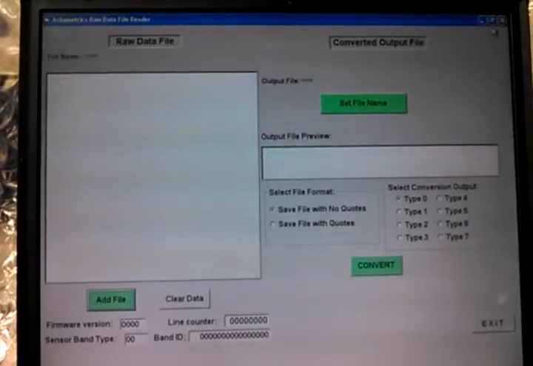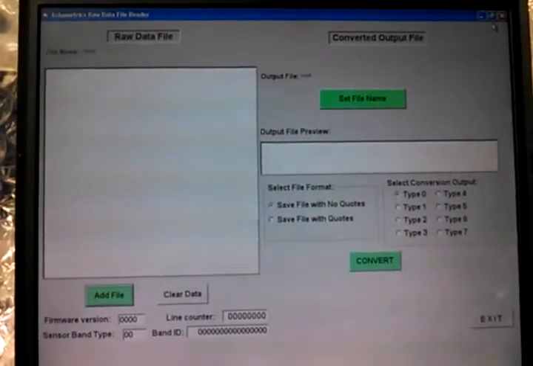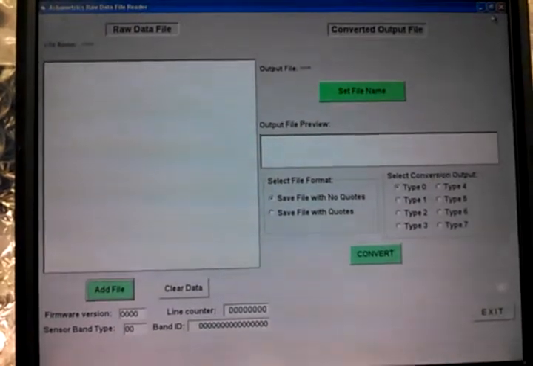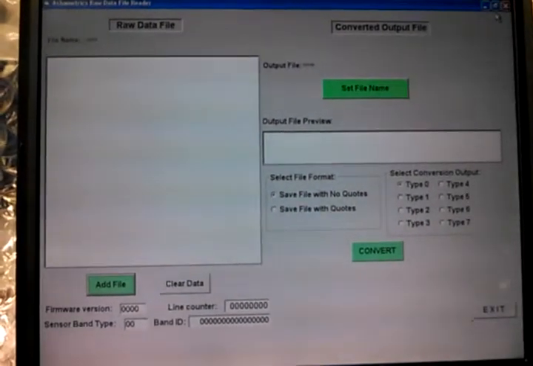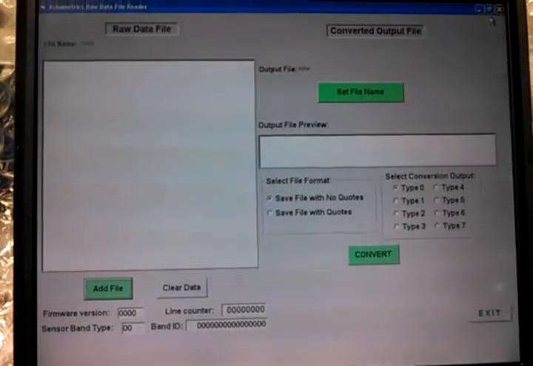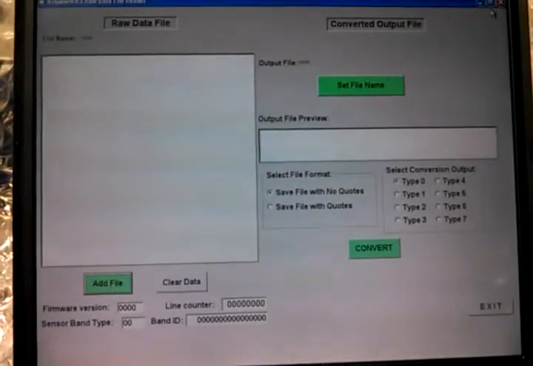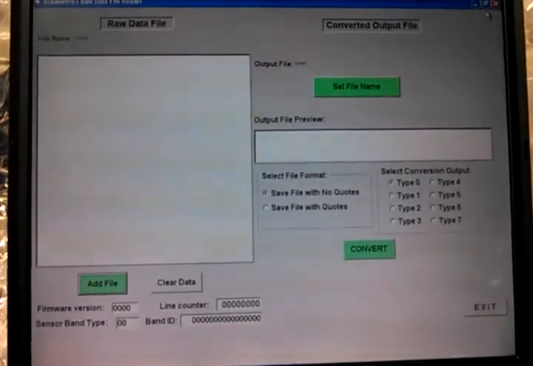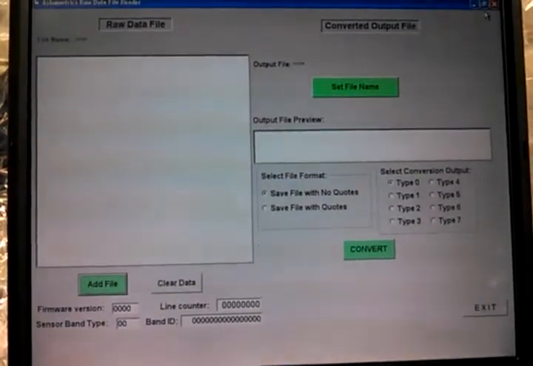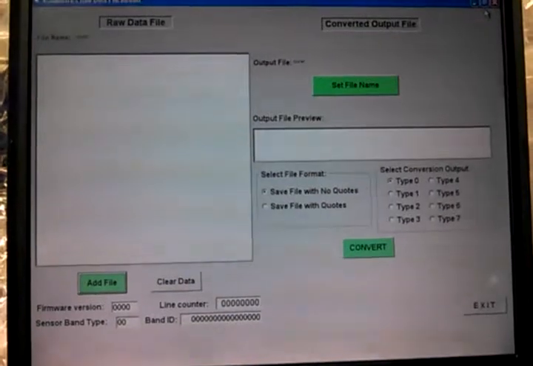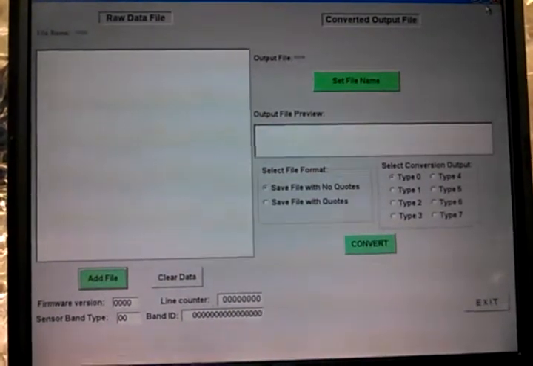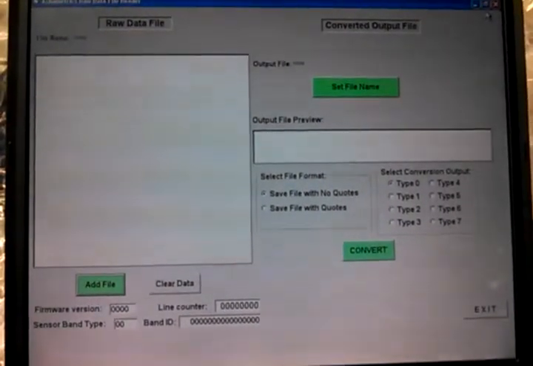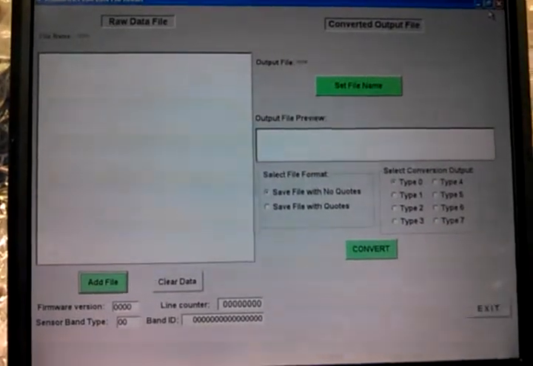This video demonstrates the use of the Ashametrics Data Converter program. This utility was designed to read in a raw data file from an Ashametrics sensor band and convert it into an expanded text file in CSV file format. The resulting CSV files can then be analyzed or plotted using a variety of standard software packages, such as Microsoft